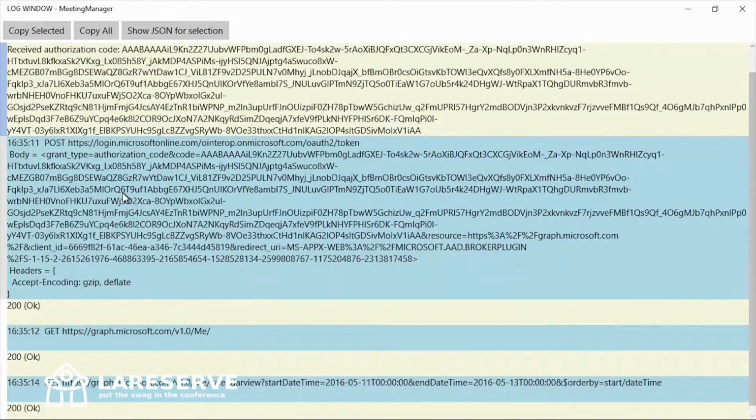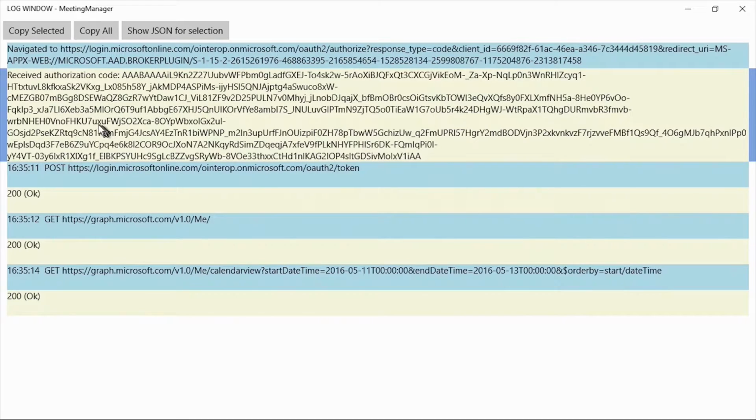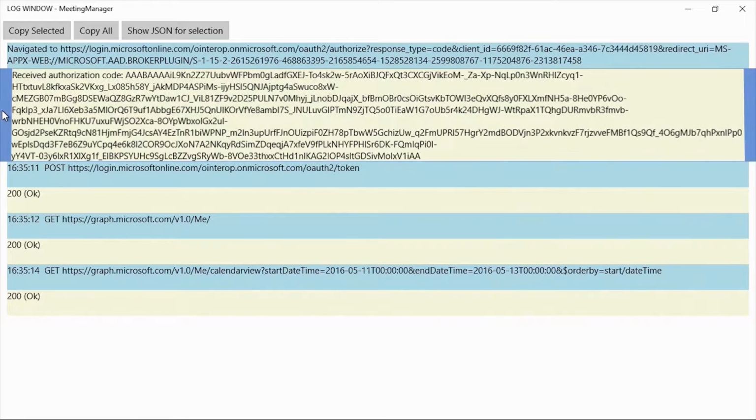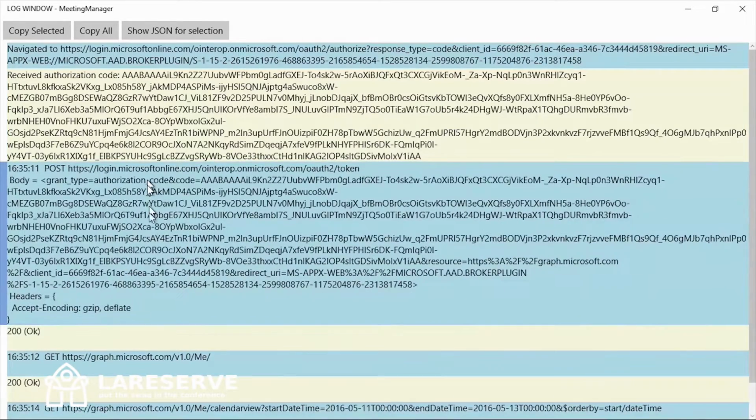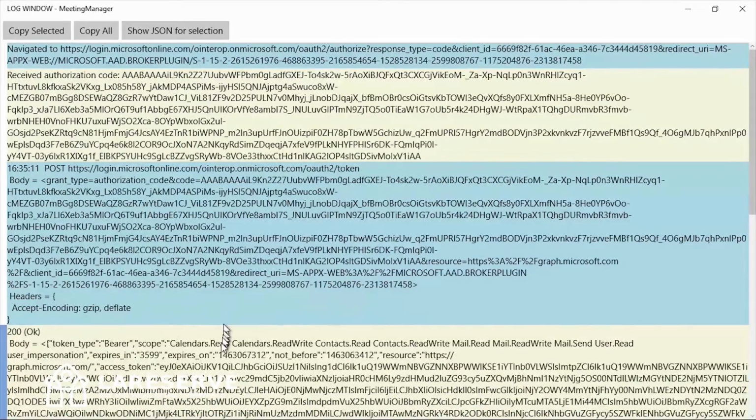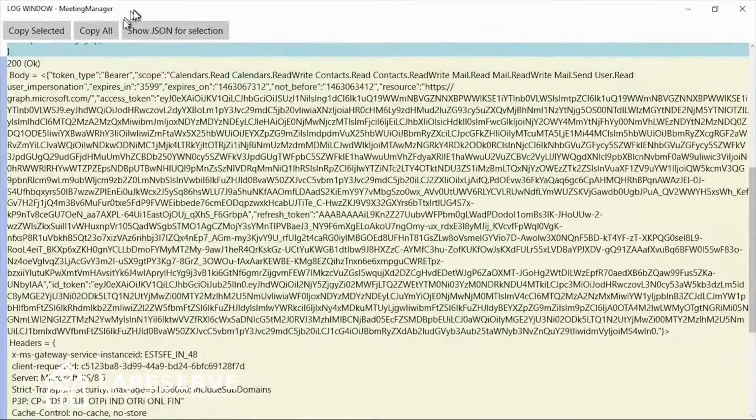And then we use this authorization code to call login.microsoftonline.com again. And you can see that the next call is graph.microsoft.com. Totally different endpoints. So let's see what we get back from the second call.